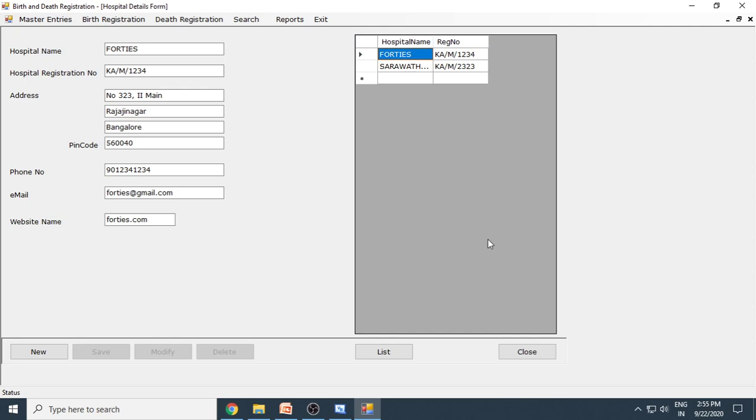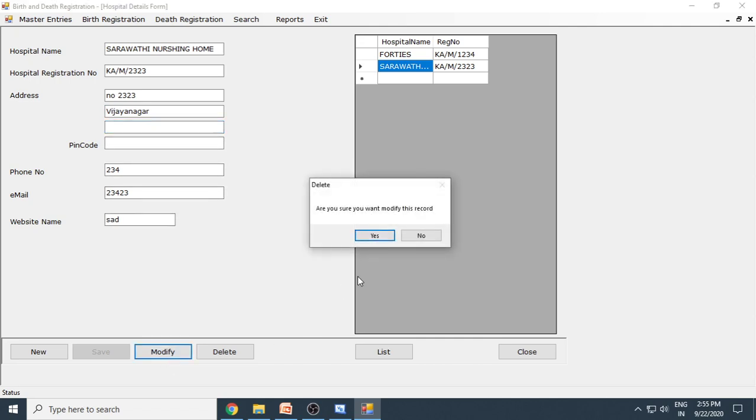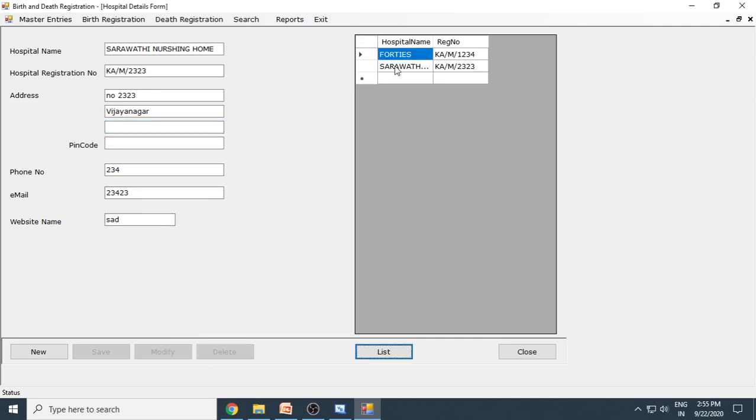This is the data grid view, and then we can modify this data. For example, if I take this one, so I want to modify the address now. So let's say number 232 some Rajaji Nagar, or I'll change to Vijayanagar. Right. So after making the changes, if I click modify, the changes will be applied. In case we don't want this record, we can delete it.